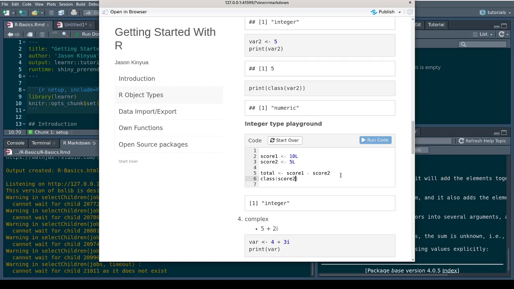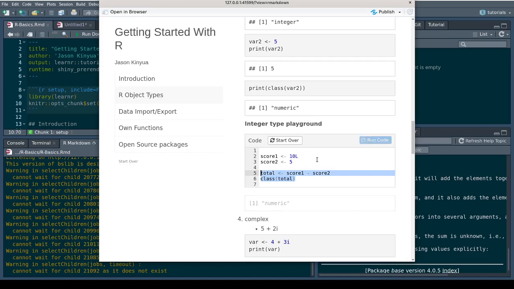But assume now we are doing a mathematical operation between an integer and a numeric. To convert it to a numeric, you simply delete the postfix L. Let us see. Score 1 is an integer, and score 2 is a numeric, and total is the output of the mathematical operation between a numeric and an integer.